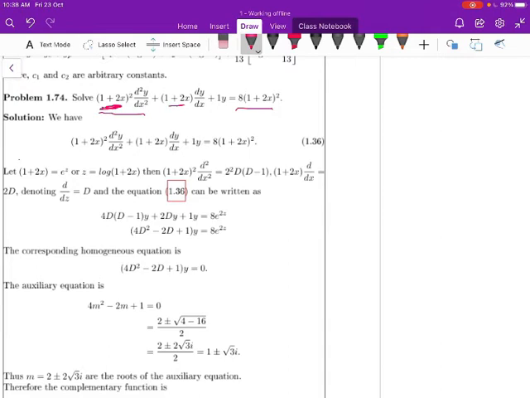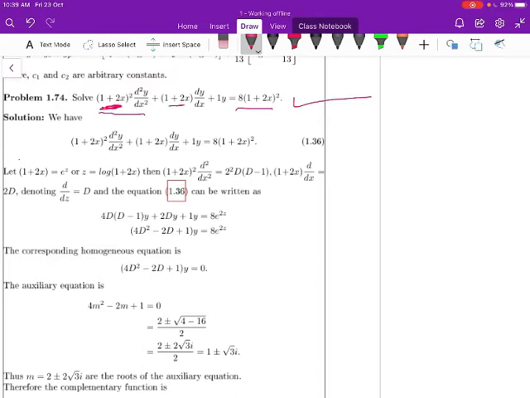Even if you expand that, you can observe 4x square plus 2x plus 1. So the degree of that term is 2 here, and the order is 2. And here the order is 1 and the degree of that term is 1, as 1 plus 2x is a monomial term here. So it is equidimensional, and moreover it is of the ax plus b form. So this equation is called a Legendre differential equation.